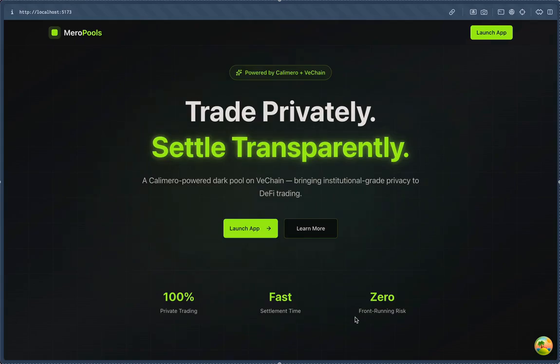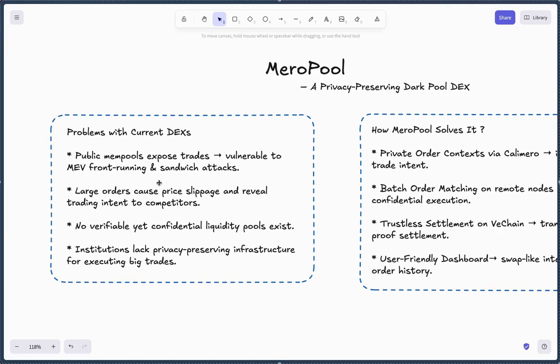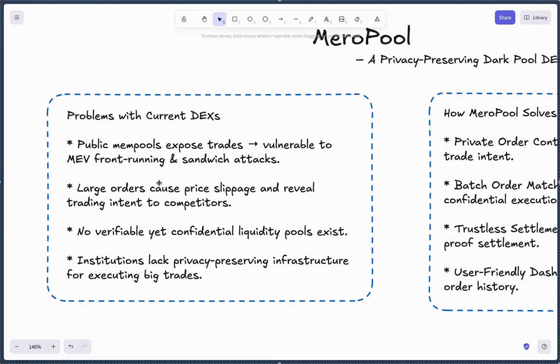Welcome to Meropools. Meropools is a DeFi dark trading app built on Calimero and VeChain. Today, with the current DEXes that are present, we face the problem that they expose every one of our trades to public